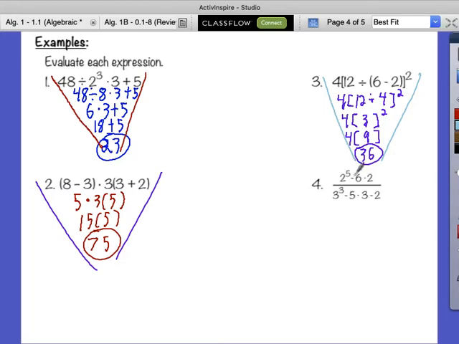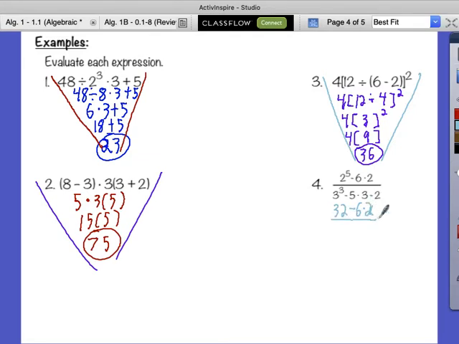What comes first here, the exponent, the subtraction, or the multiplication? Emily? Exponent. And what is 2 to the 5th? Okay, it is 32. Now, if you are perhaps having a problem with the exponent,